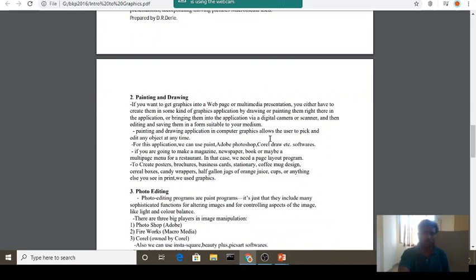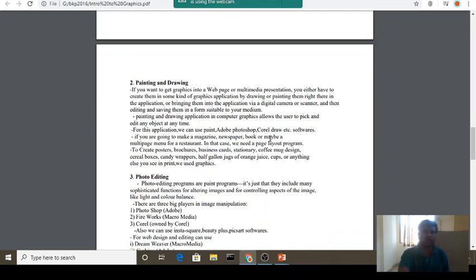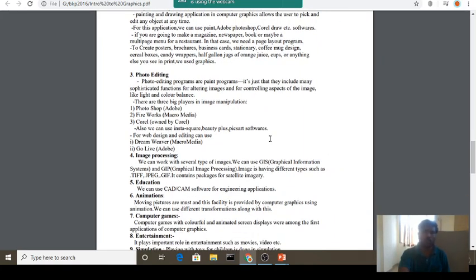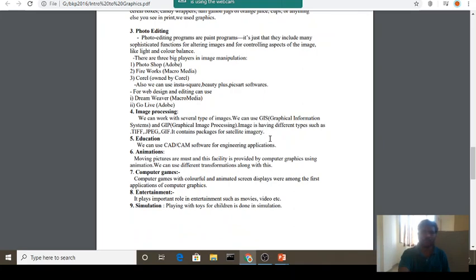We can use the Paint feature, as well as software like Photoshop and Corel Draw, for painting and drawing images. Then photo editing. We use several applications on our mobiles also, like Photoshop, Fireworks, Corel, GoLive, etc.